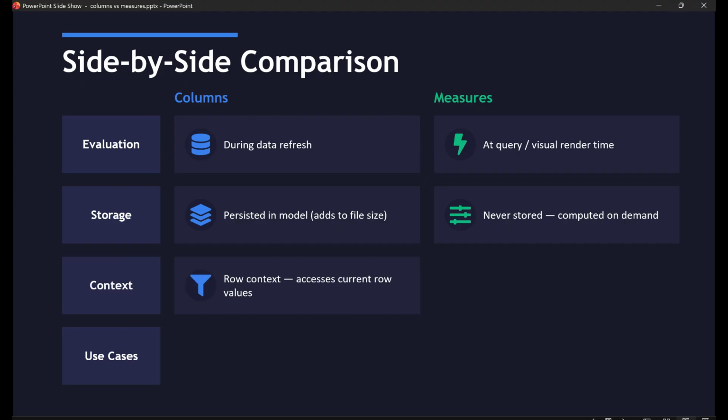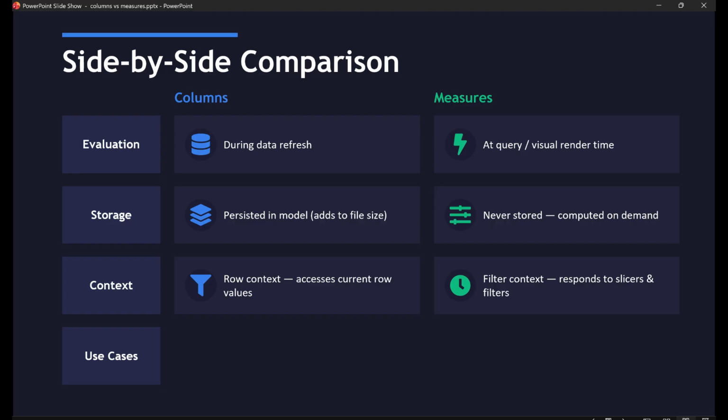Calculated columns automatically have a row context. It's quite a simple concept, really. So if you have a column against a table, a physical column, naturally it will have a row context and it will iterate or move through as many rows as are available in that table. Measures, on the other side, don't have a row context, but they do operate in a filter context. So they respond to filters and slicers or actions by the user on the canvas, and the measure will respond